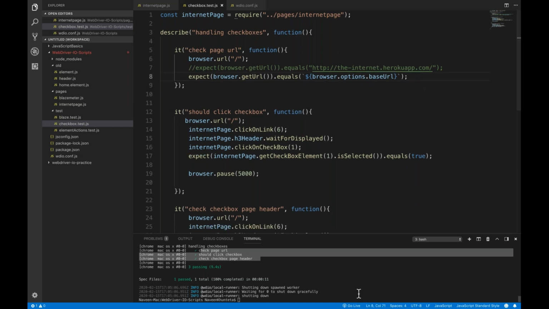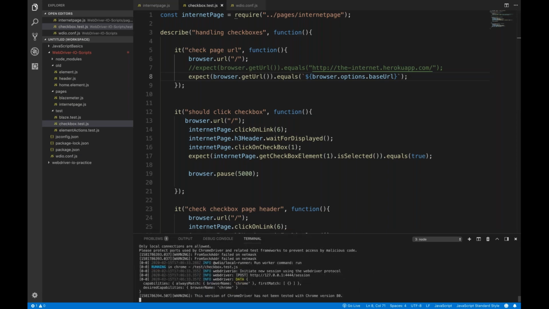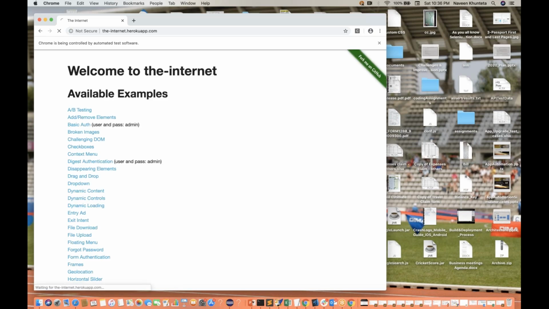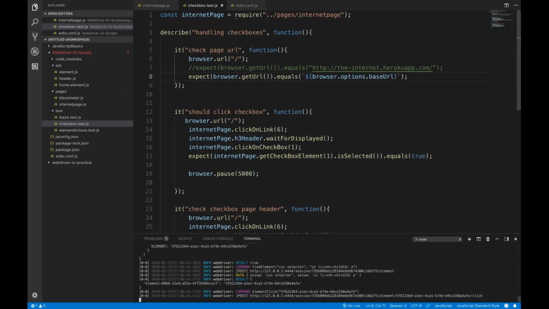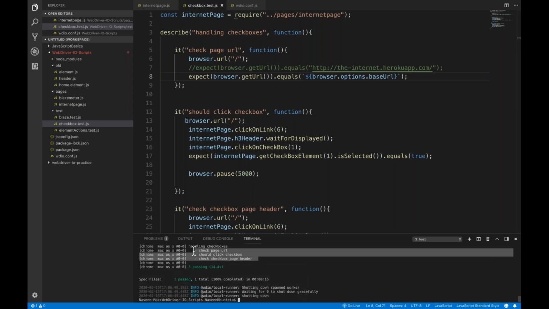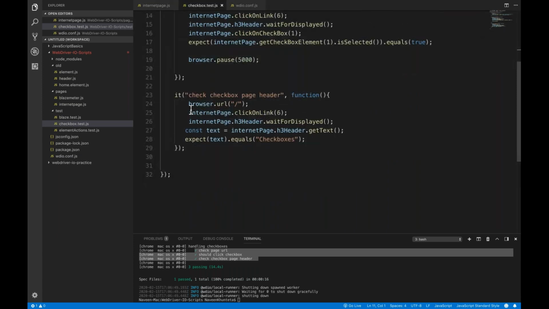And now you run it again. Let's see if it is working or not. Okay, so you can see that everything is fine, and 3 tests got passed once again. So you can remove the hard-coded values as well, right? Now, if you really want to write the checkbox page header, and if you really want to write one more it block,